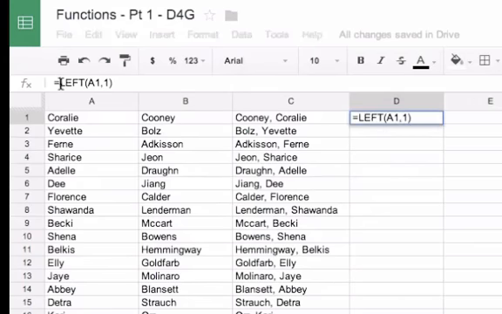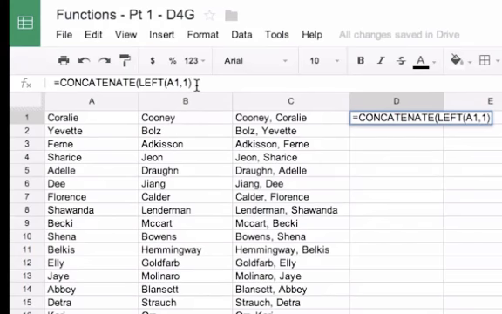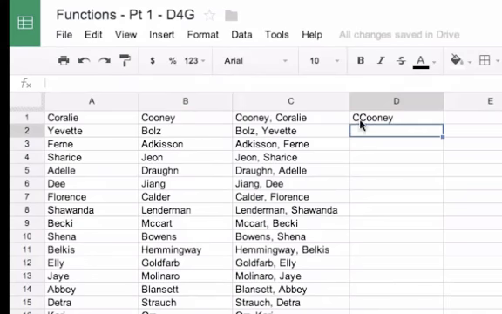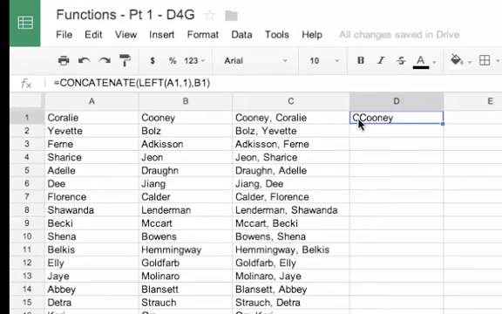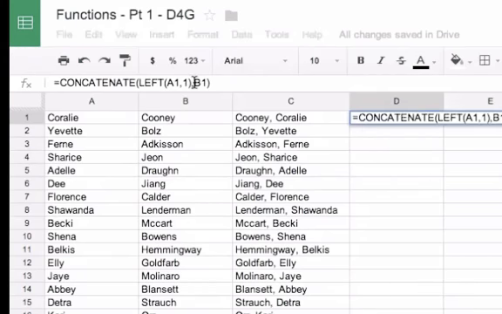So I'm going to come back over here to my equal sign. I'm going to start with a concatenate, and there's my first initial, and then what I want to come next is the last name. Now if you look, there's no space, there's no period, but we can add those in simply by editing that formula,